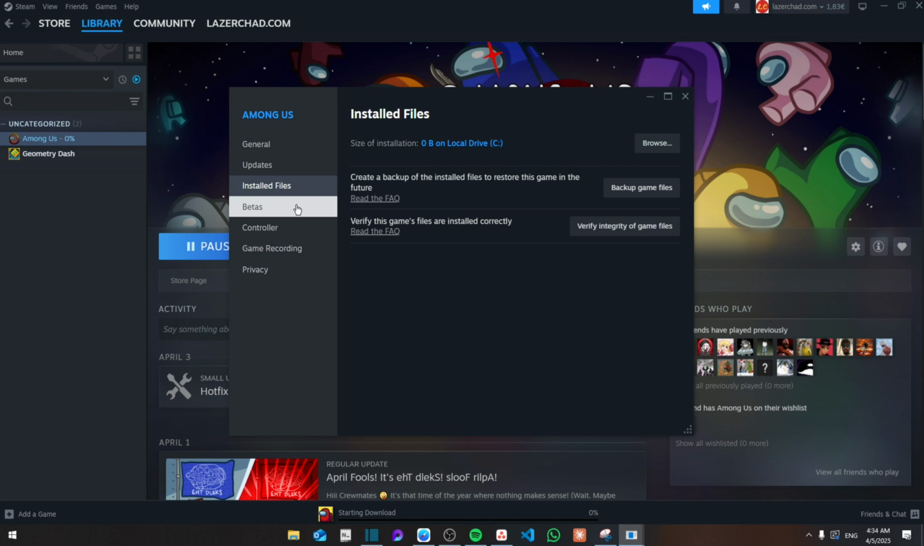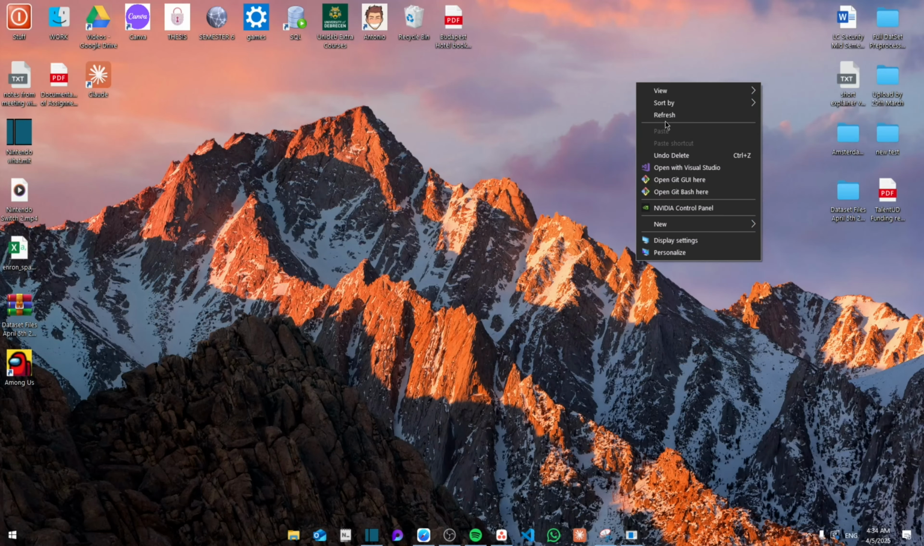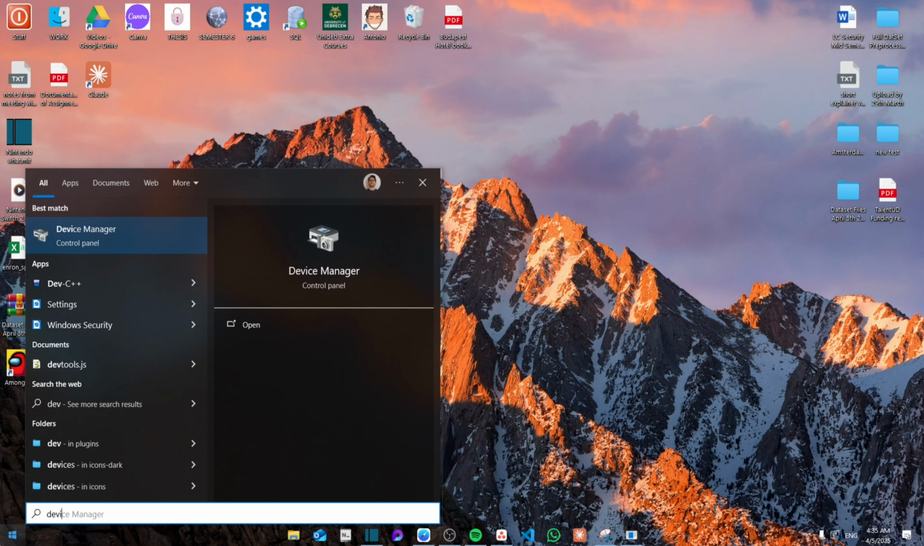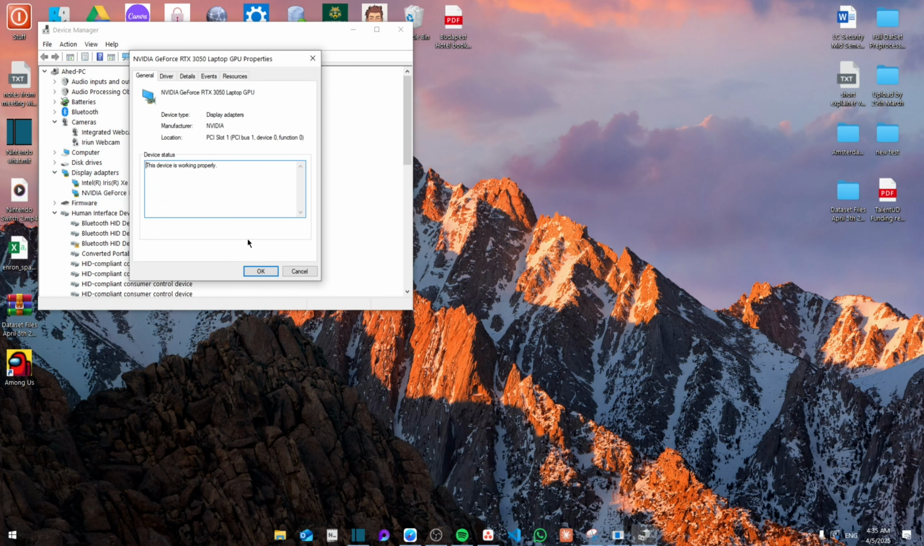ahead and fix it. If that doesn't work, then what you can do is update your drivers. Now, if your drivers aren't fully updated, then maybe your graphics card isn't launching the game properly. To do so, you're going to select Device Manager, and then from here you're going to look for your graphics card, which will be under the display adapters. Then from here, as you can see, NVIDIA GeForce RTX 3050, right click, go to properties, and then from here